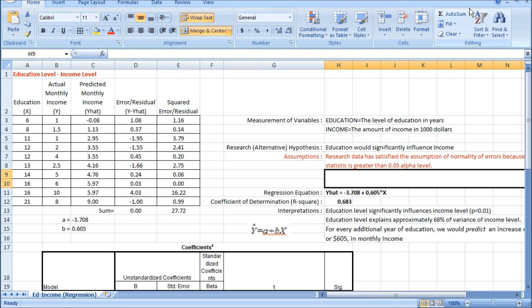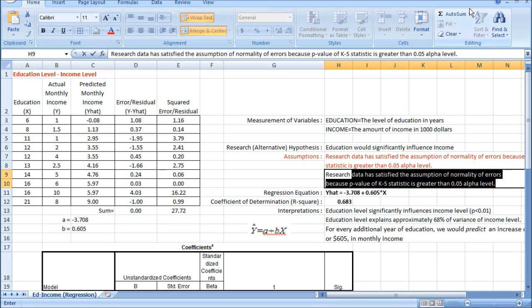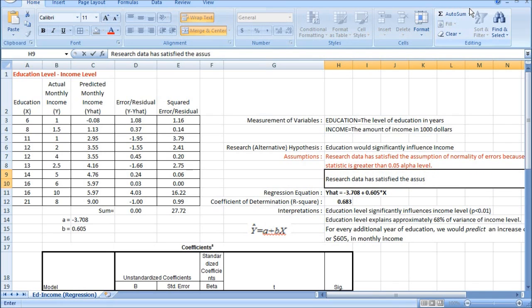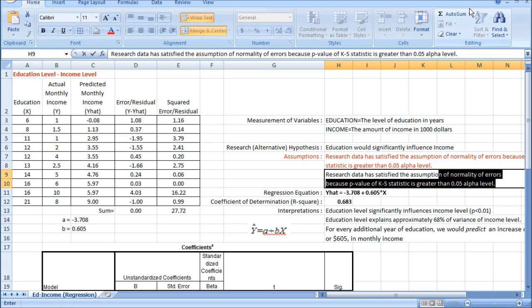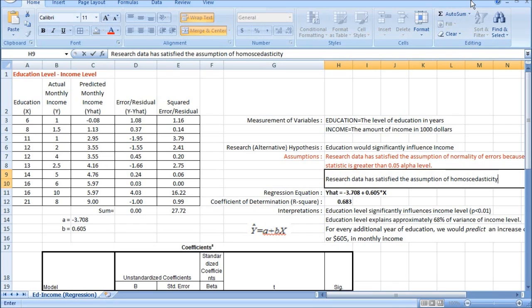Second, the test of homoscedasticity. The result from our SPSS analysis tells us that the research data has satisfied the assumption of homoscedasticity, right?